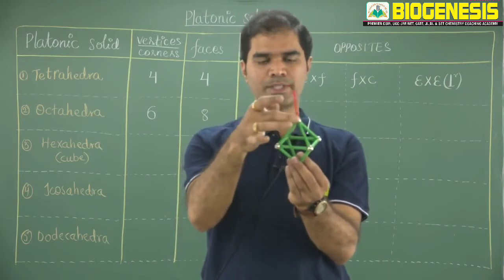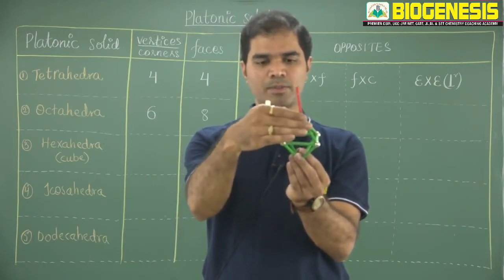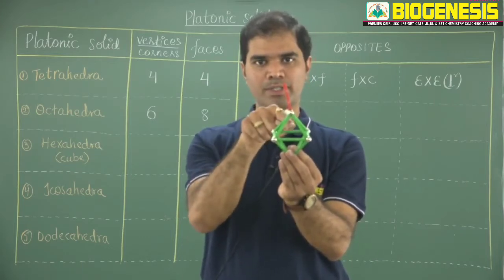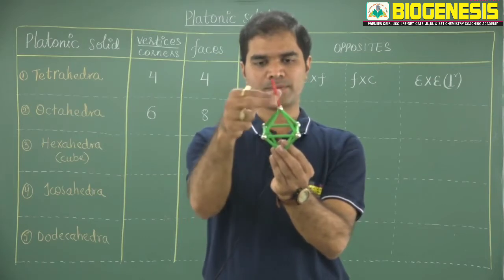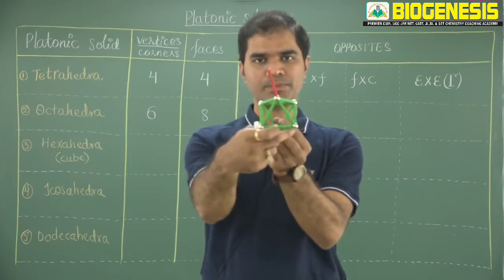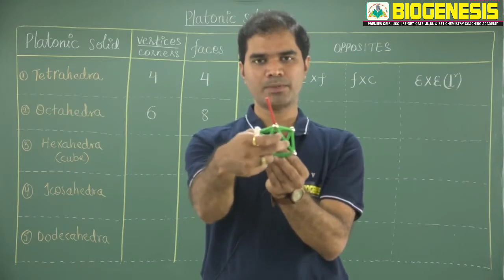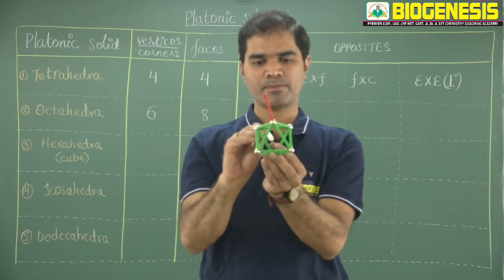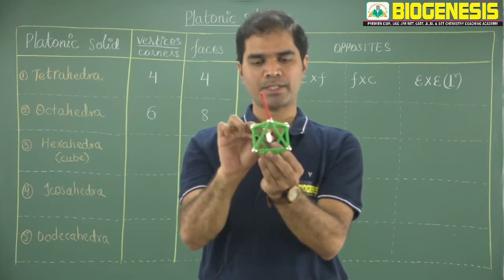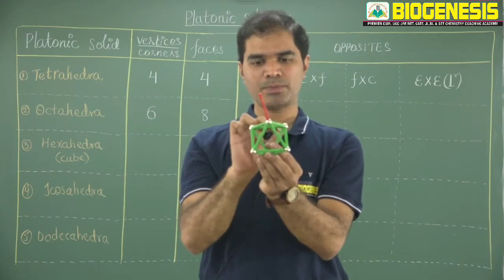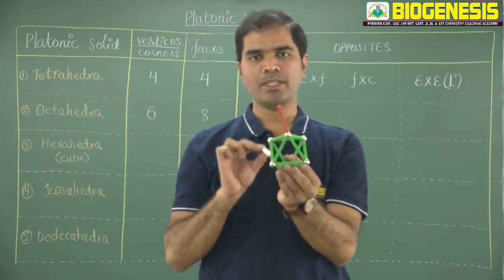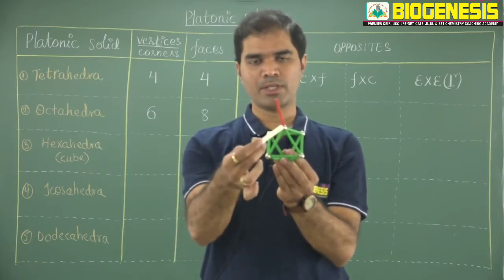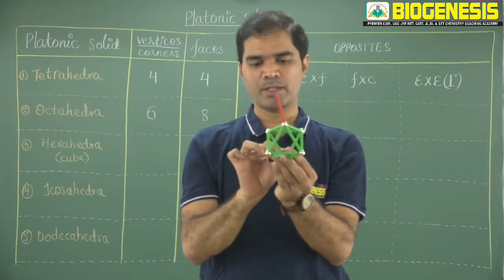Then come to the face. For this triangular face, opposite is another triangular face. This is not opposite. For this, this is not opposite. For this, this is opposite. Now you can view: if this is the triangular face pointing towards you, exactly opposite is another triangular face which is away from you. Right? This is a C3 rotational axis. So one triangular face towards you, exactly opposite is another triangular face, but the 2 triangular faces are staggered to one another. For this, the corner is above, but for the away triangular face, the corner is below.